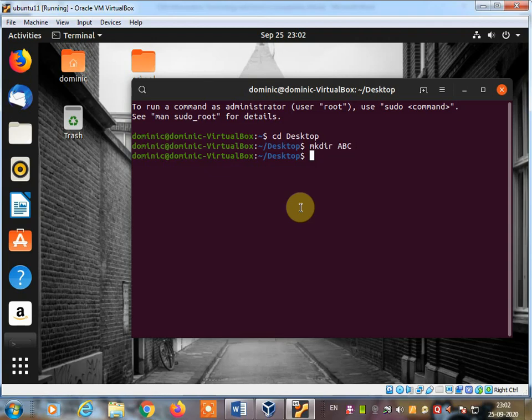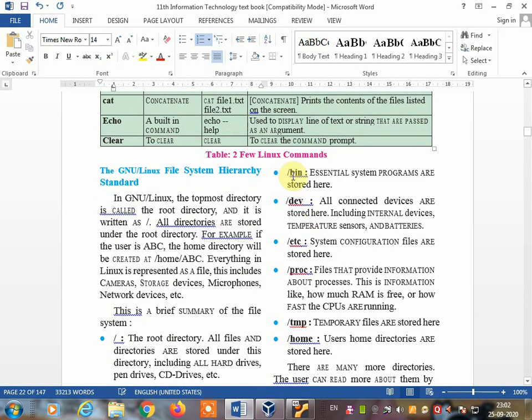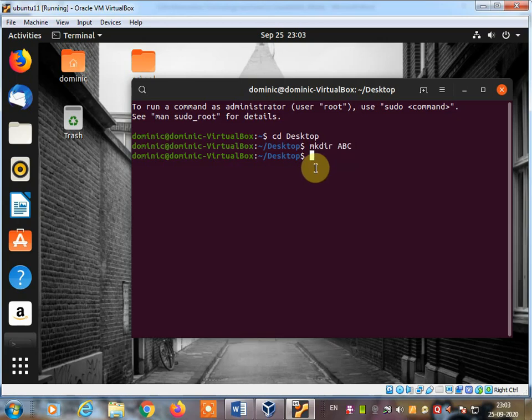The next directory we are going to learn is called /bin. Essential system programs are stored under this directory. So let's see how we can go to the bin directory. You have to use cd, then /bin, forward slash, and press enter key.